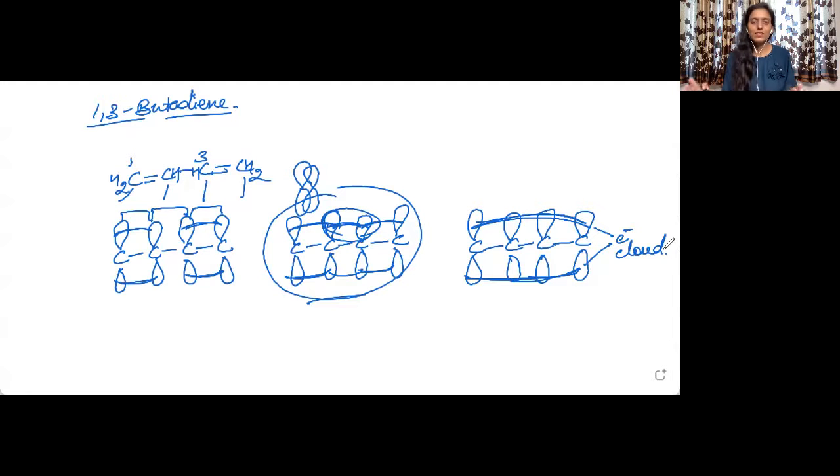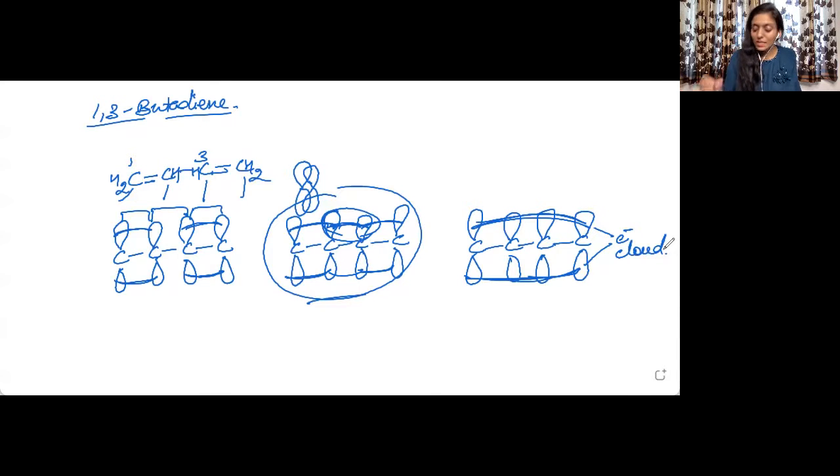Same is the case with these electrons, because they are jumping from one place to the other place and they are consuming energy. For the movement, energy is required. So when the electrons are moving from one atom to the next atom, continuously moving, this means they are consuming energy. When the energy is consumed, it will be decreased. Because the energy is decreased, the system becomes stable. So this is the reason for the stability of the conjugated systems, because energy is consumed for the delocalization of